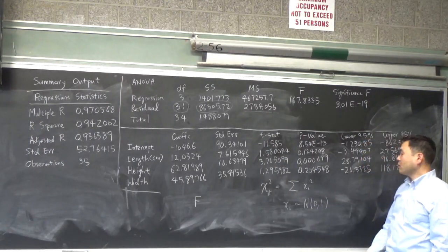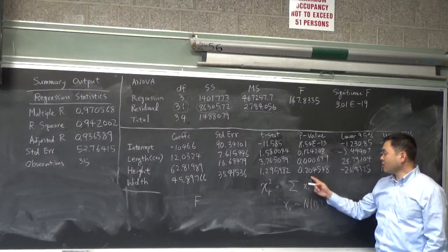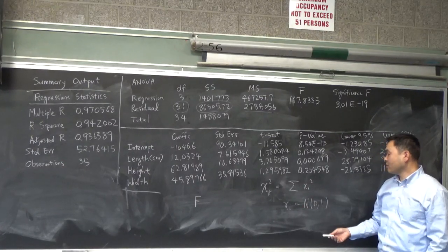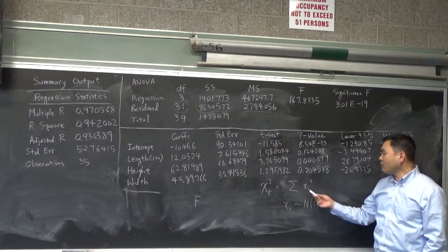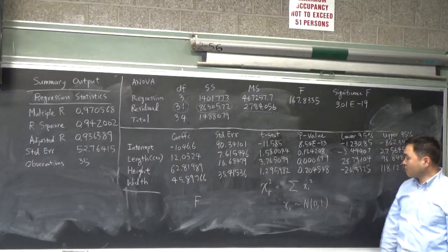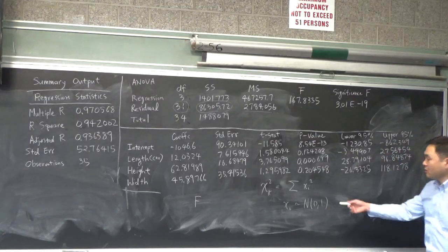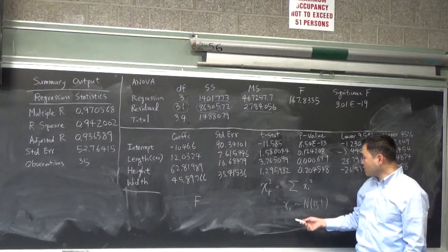So if this happens, then the squared quantity is a variance of a single value you get from here. So, and you're saying that